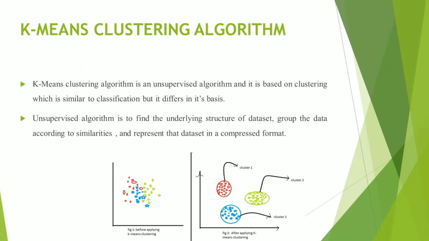For example, as you see in the given image, before we apply the K-means clustering algorithm, we can see the pixels are being combined, where the red, blue, and green pixels are overlapping each other. But after we apply K-means clustering, you can see the clusters have been separated. Red has been separated, blue has been separated, and green has been separated. This is what the K-means clustering algorithm does. It separates the pixels and forms the different clusters.